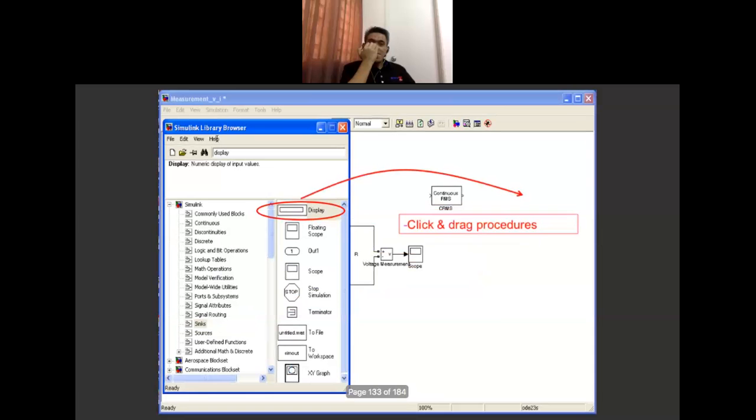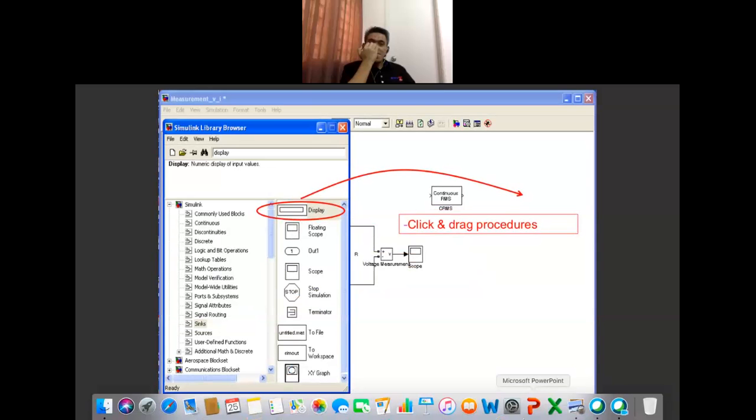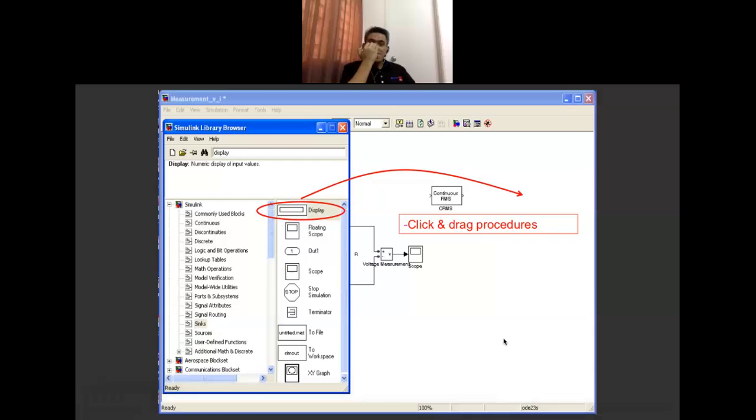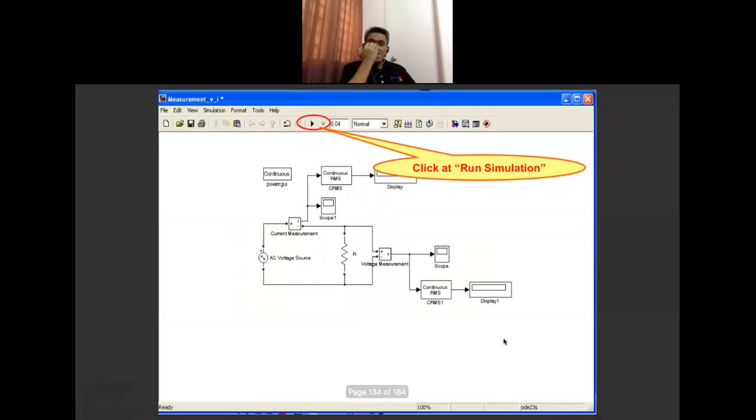Rearrange the continuous RMS block and display block and then do the wiring connection like this. From current measurement connect to continuous RMS, and from the continuous RMS block connect to the display block.